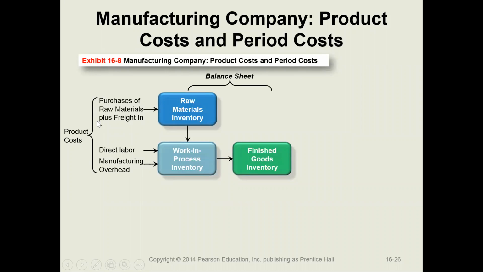Okay, so these are product costs. Again, product costs were raw materials inventory, work in process inventory, and finished goods inventory. And as you can see, those are all balance sheet items. All inventory items are assets. When the sales occur, that's when the inventory costs are transferred to cost of goods sold. But again, as we saw in an earlier slide, we don't make the transfer of the costs from finished goods inventory into cost of goods sold until the items are sold.